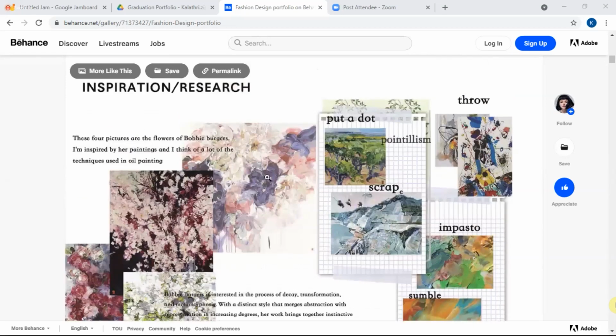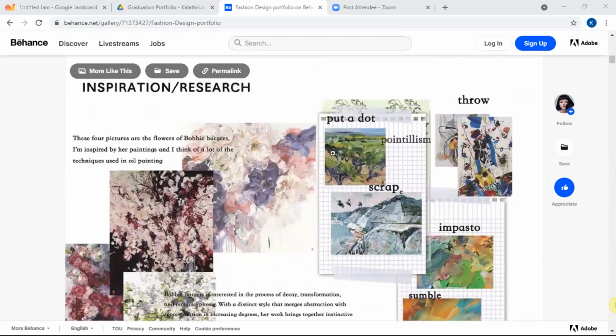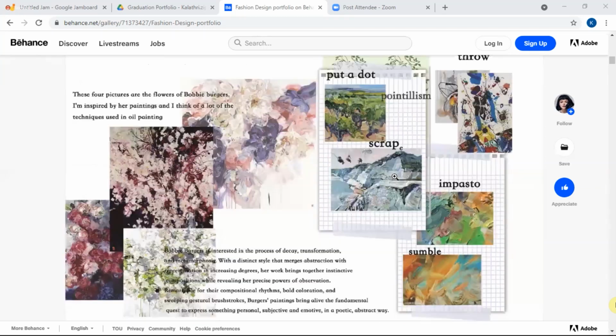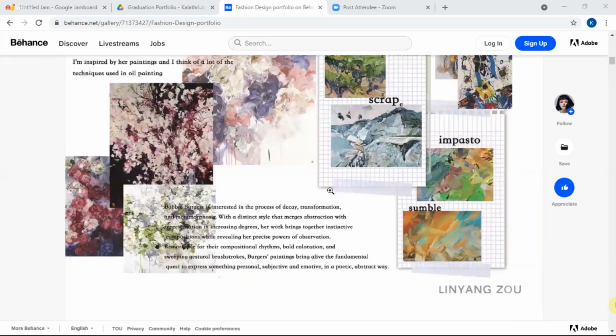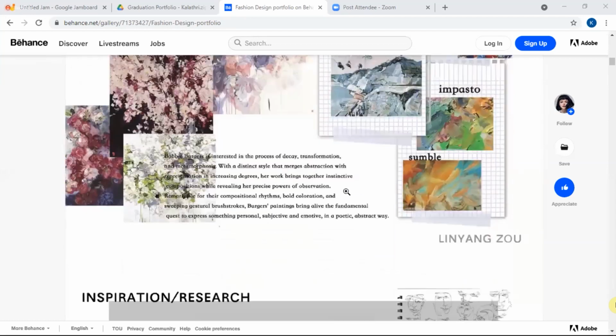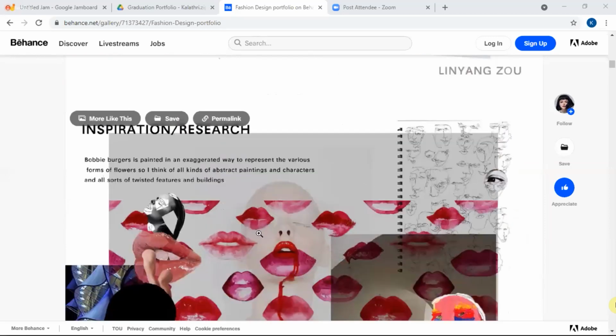So in this collection, what she has taken is the floral thing and techniques that are used in oil painting, pointillism, scrap and all. So these techniques are presented here. So the inspiration research kind of